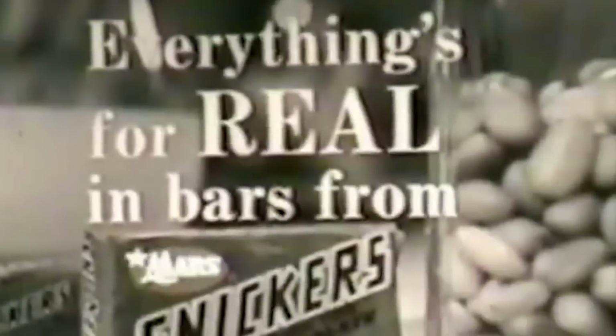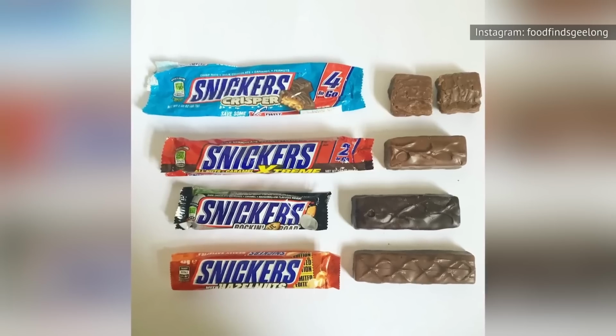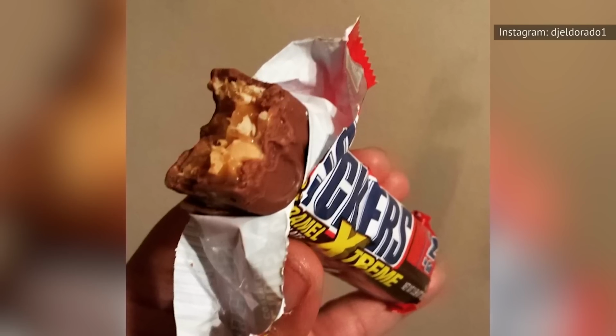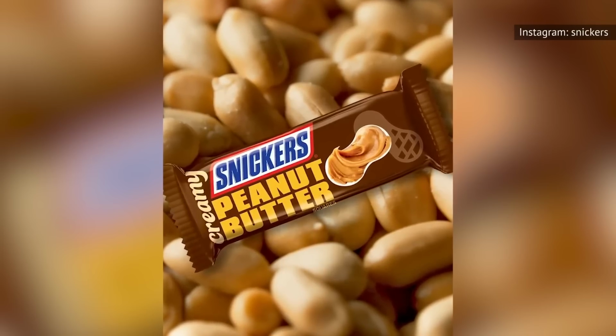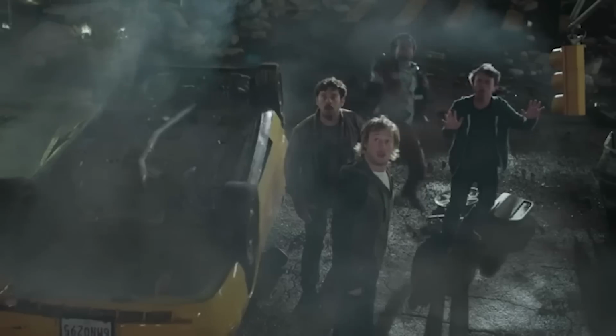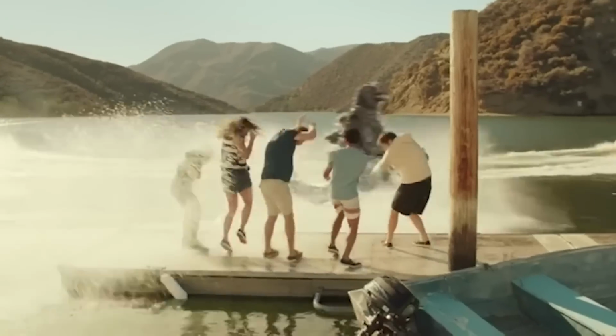The original Snickers bar, first produced in 1930, is still the best. Its combination of caramel, peanuts, and nougat surrounded by milk chocolate is just about perfect. However, you can also find several variations, including the Snickers Extreme, which does away with the nougat. Snickers Almond and Snickers Peanut Butter are also worth trying at least once, although they're not good enough to eclipse the original. Aside from just being delicious, clever marketing and advertising campaigns undeniably play a role in this candy bar's